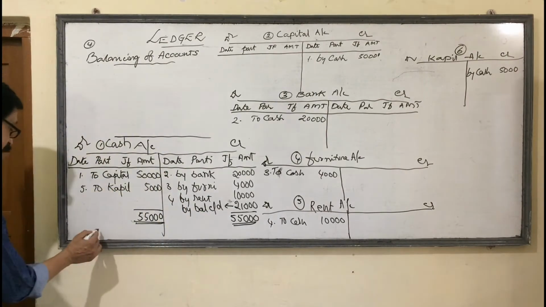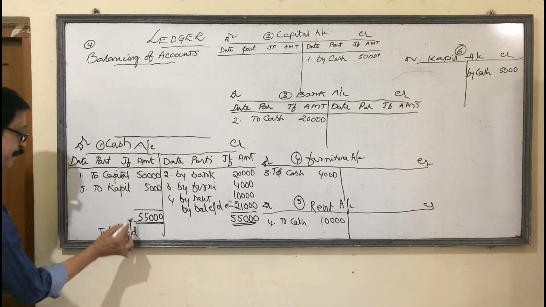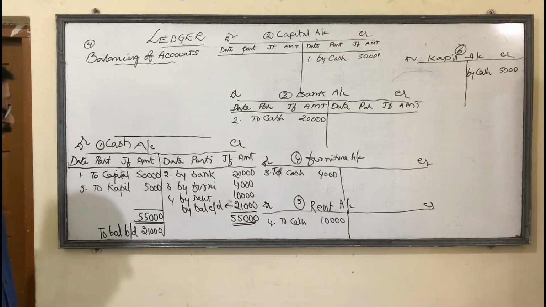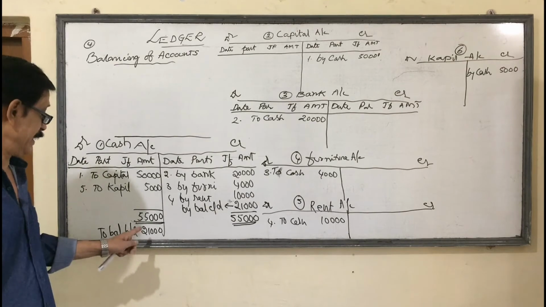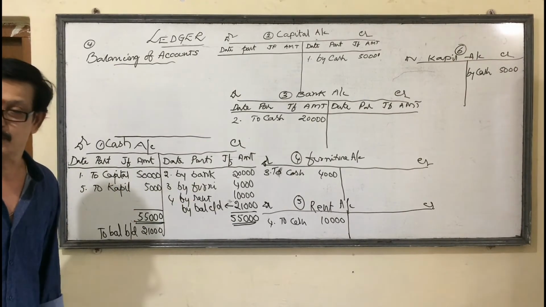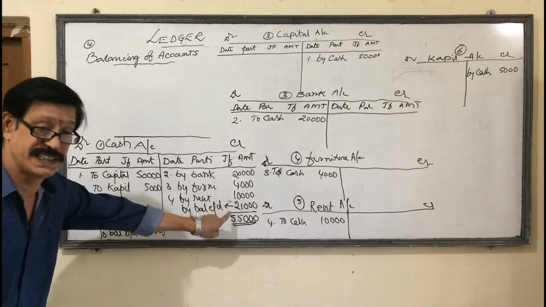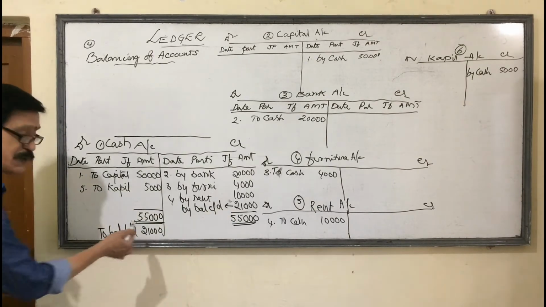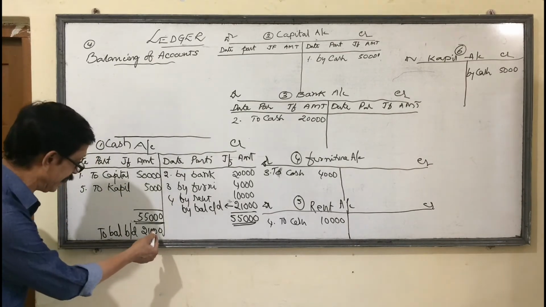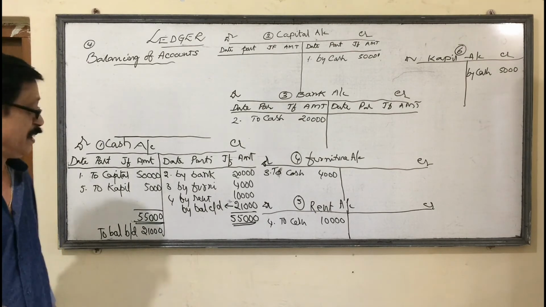In the next month, that should be brought forward. Again debit side, to balance brought down. Understand? Once again. Totally we received 55,000. We spent 34,000. Still we have in the hand 21,000. That's the balance at the end of the month, which is carried forward to next month. To balance forward. Debit side 21,000. That means in the second month we will continue with this balance of 21,000. Clear?